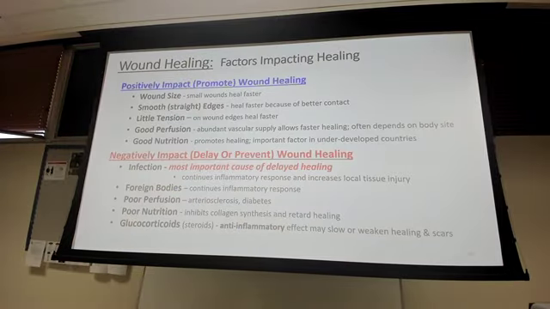All right. So when it comes to wound healing, some things can promote wound healing and some things can delay it. So obviously, the smaller the wound, the faster it's going to heal, right? If there are straight edges, like I talked about with the laceration, if we can bring that closer together, very easily we can heal that. If we can suture it together, it's going to heal pretty quickly. If it's jagged, it's going to be a lot harder. If you're going to try to repair that, you're probably going to need some type of plastic surgeon or somebody who specializes in very